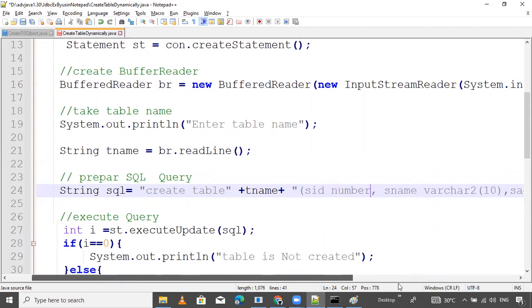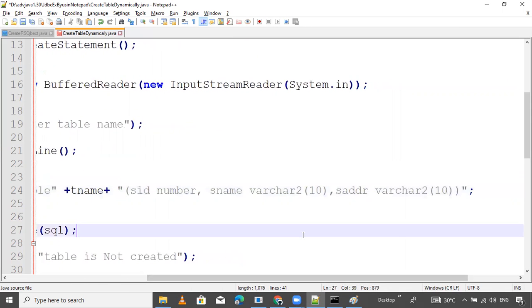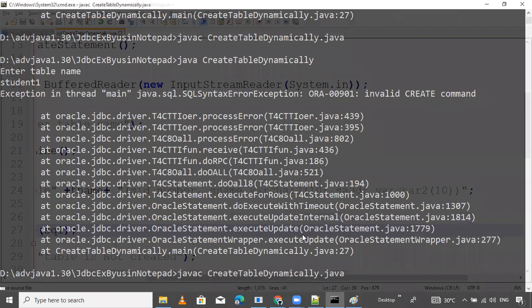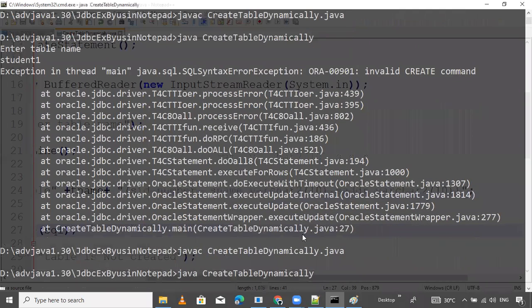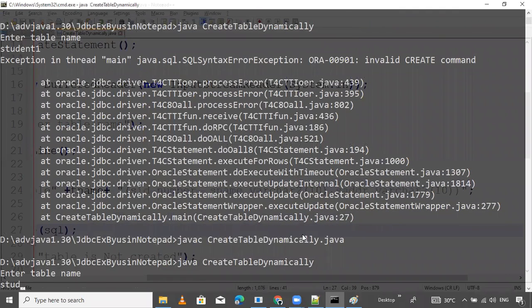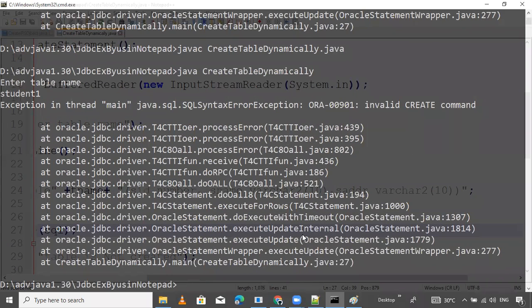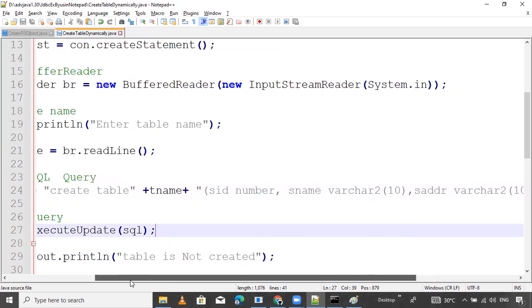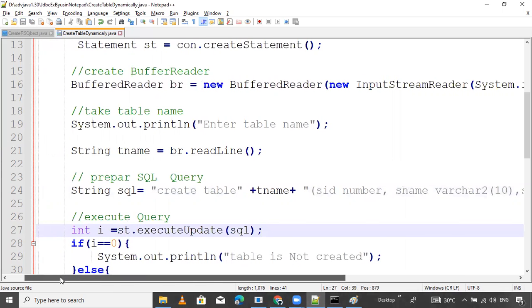Compile. Now I want to create the student1 table. Again, it's giving the same error. Syntax error. Give me any suggestion.